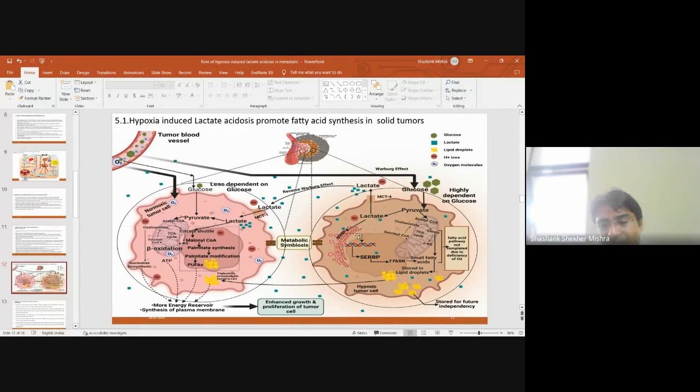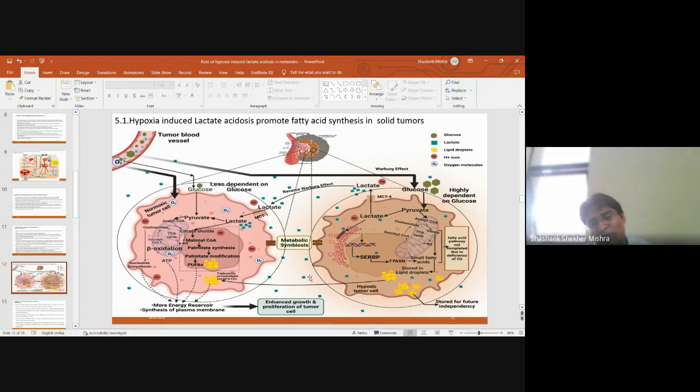Here again, the hypoxic cancer cell gets another mechanism for fatty acid. This is one mechanism of how lactate is helping in fatty acid synthesis. Another mechanism is when lactate is continuously pumped out into the tumor microenvironment, there is a decrease in the pH in